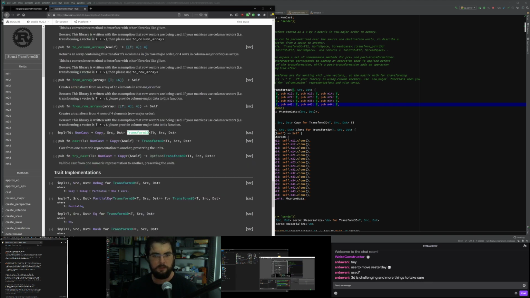So the goal at the moment is to use a transform 3D. I wonder if I need one of those little widgets that you type a goal in to create a transform 3D from the isometry.